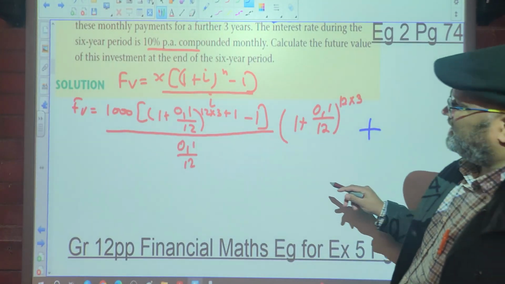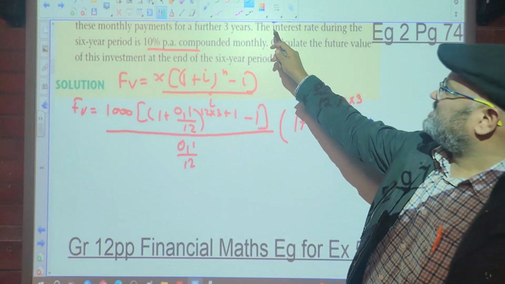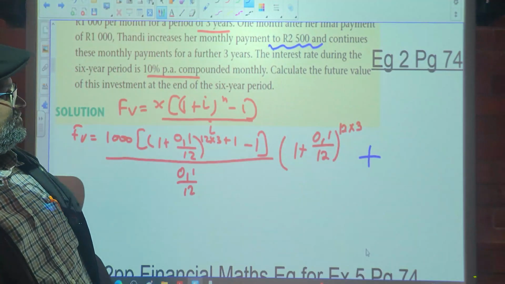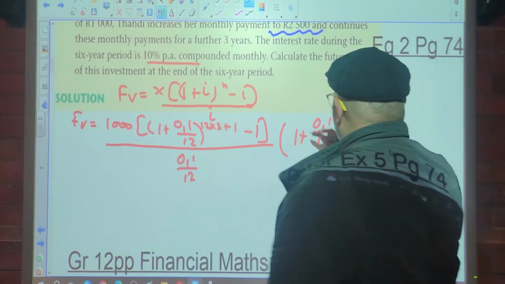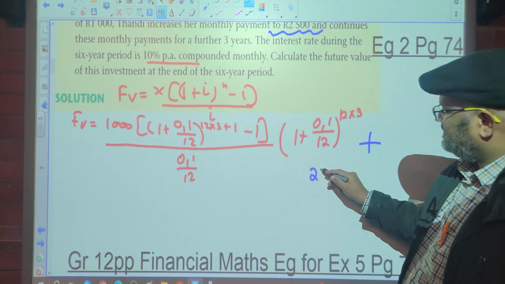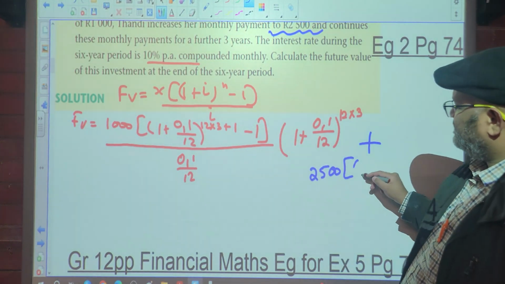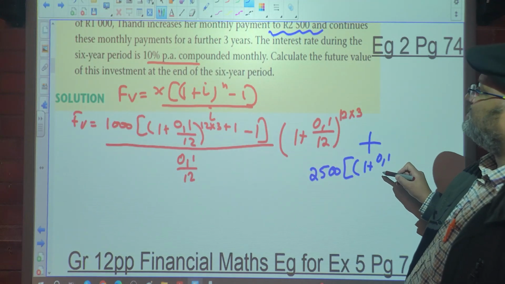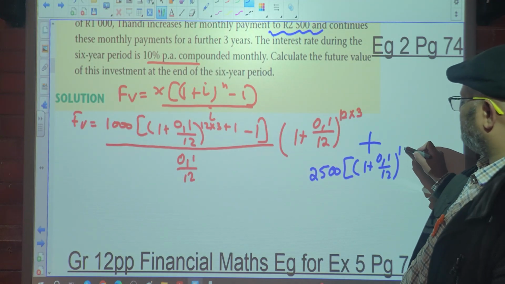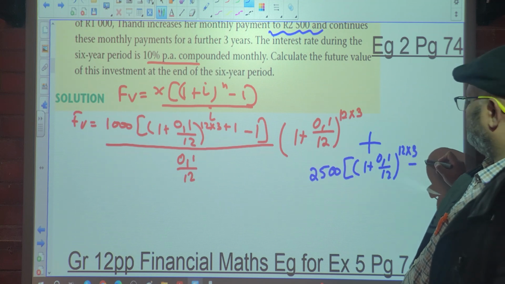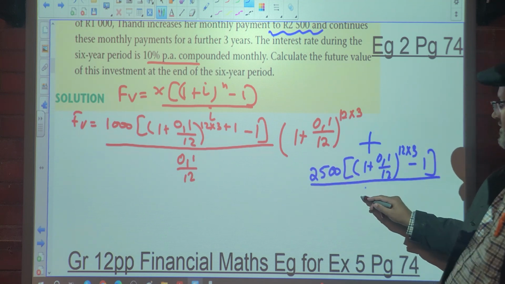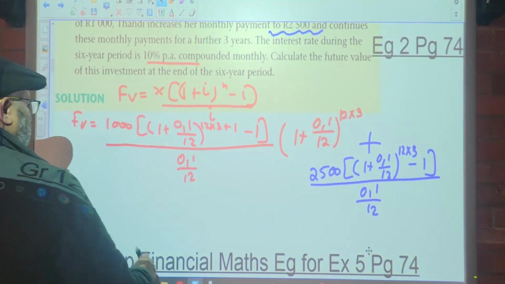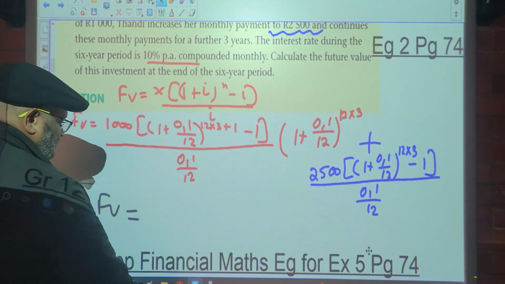Plus, again the future value. Why? Because they are depositing 2,500 Rand in the account. Can you see that? So it's going to be 2,500, again future value. 2,500 into 1 plus 0,1 over 12 to the exponent 12 times 3 minus 1, and this is all over 0,1 over 12. Will give me a future value of